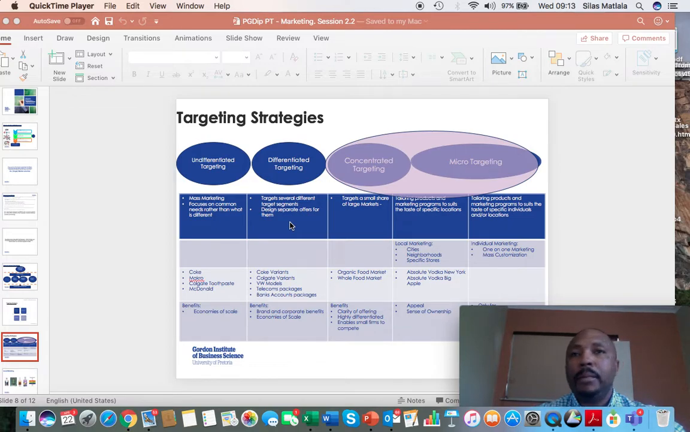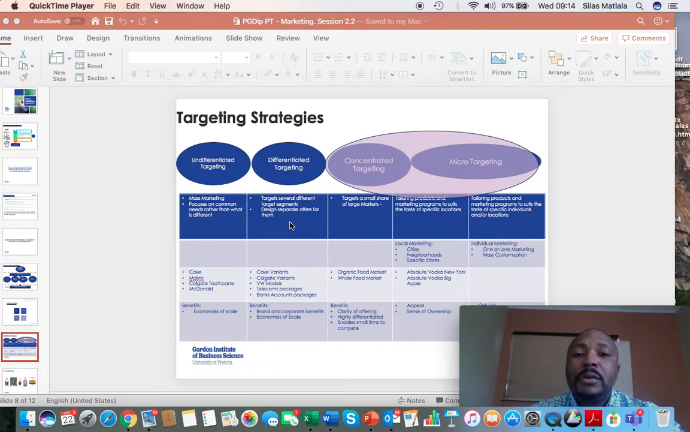VW, as a motor vehicle manufacturer, within their portfolio of offering, they are targeting startups with your Polo Vivo or Polo up until your family ones, which is the Caravelle. Telecoms packages, again, you're targeting several different target segments within the people that are into cell phone packages. Bank account packages, also in the retail space, you've got everything from your junior to startups to students up until over 65,